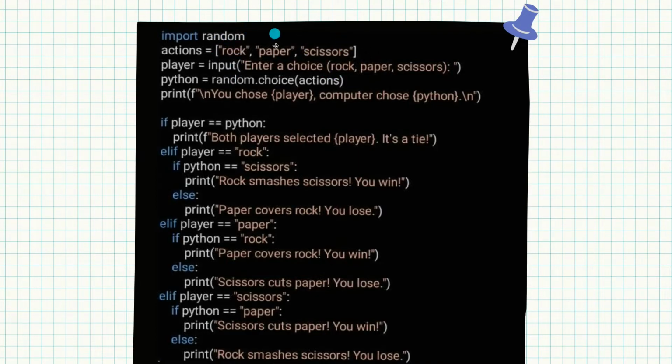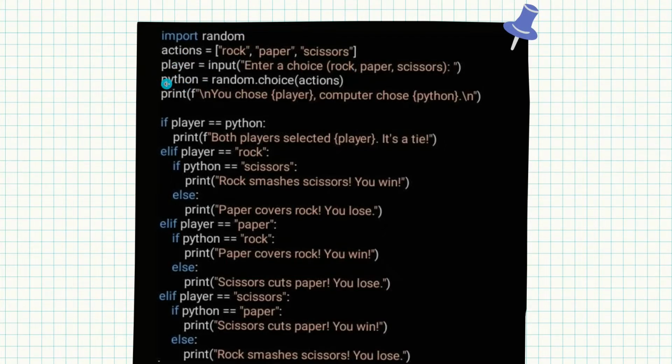Alright, so the first thing we do is एक actions variable ले लिया जिसमें मैंने list डाल दी rock paper scissor। Why? Because we have 3 actions, rock paper or scissor। Then I have a variable player जिसमें मैं input ले लूँ। Take an input, the syntax is, what is the syntax? Syntax is a way of writing code। सो syntax में मैंने बोल दिया input bracket। ब्रैकेट में मैं डबल कोट्स में जो भी डालूंगी दैट विल बी समथिंग दैट द कोड विल प्रिंट बिफोर टेकिंग एन इनपुट। सो आई से कि ओके इनपुट एंटर अ चॉइस रॉक पेपर सीजर, इसके बाद जो भी आएगा दैट विल बी द इनपुट। सो अगर यूजर ने रॉक डाल दिया तो वो वैल्यू इनपुट हो जाएगी एंड दैट विल गो टू प्लेयर।